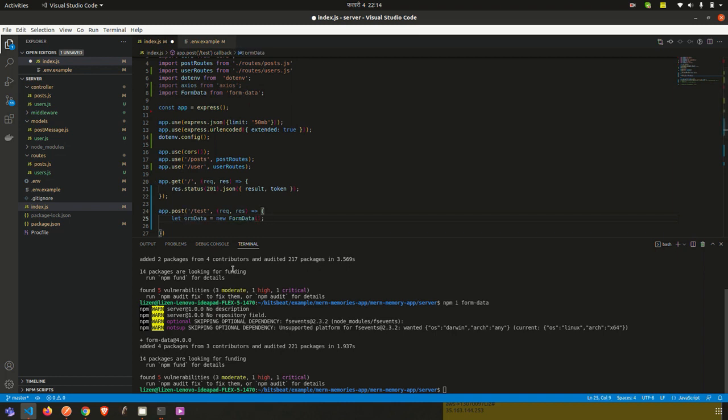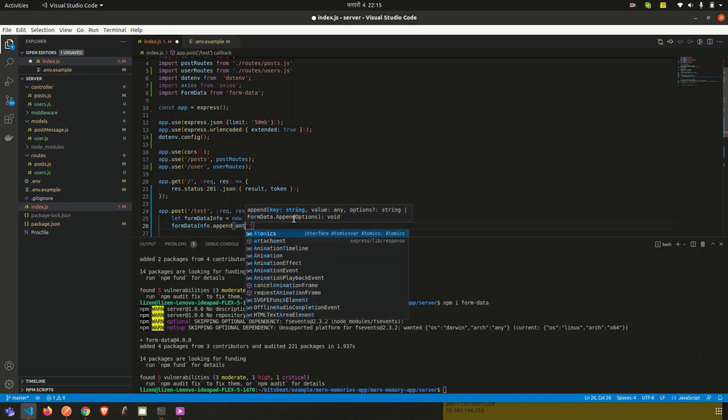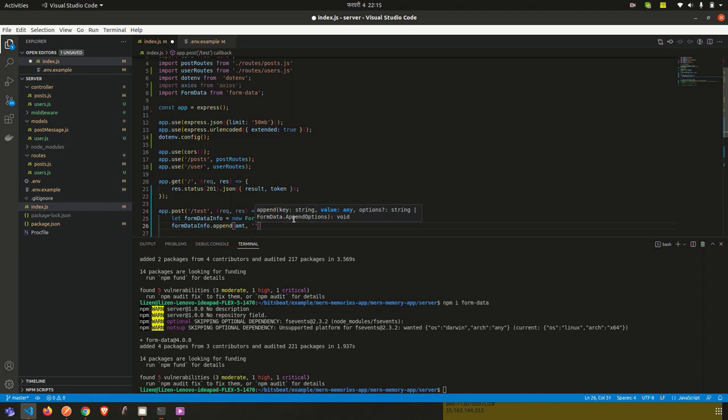Let's name this one formDataInfo. After that we need to append all the information. For example, I'm going to append some information like amount in the form data,